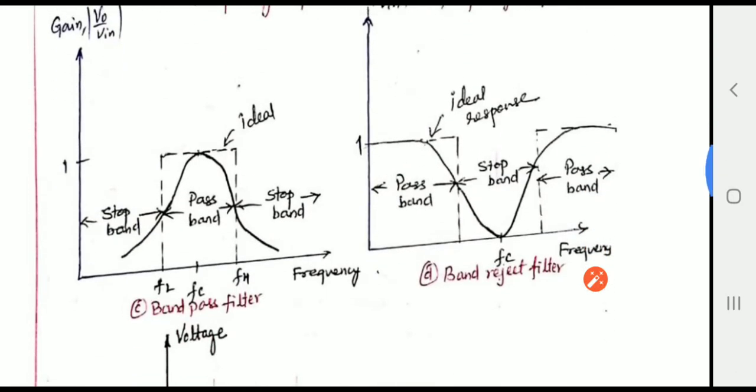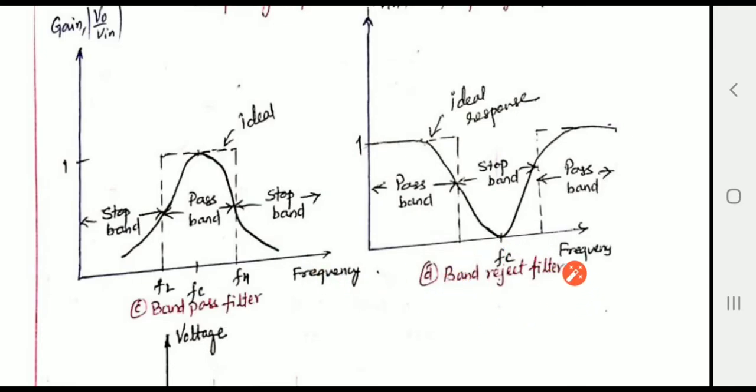This is a band pass filter, which means a particular band of frequency components is passed and the remaining are eliminated from the signal. So that is band pass. Between FL and FH, only these frequency components will be passed until it reaches its maximum gain. FC is the center frequency where the amplifier reaches its maximum gain. Again, only those kinds of frequency components are passed here.